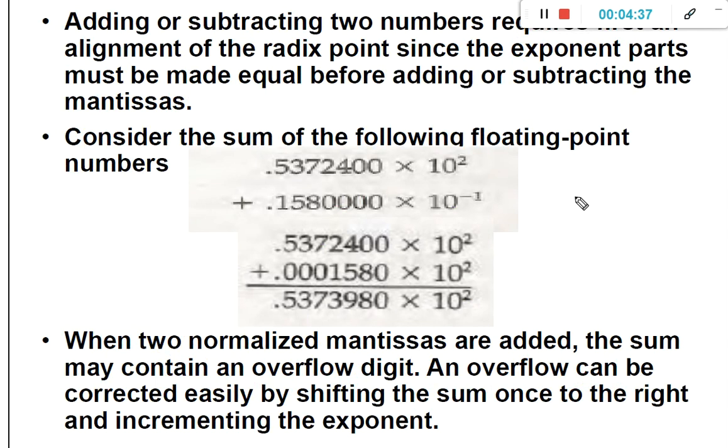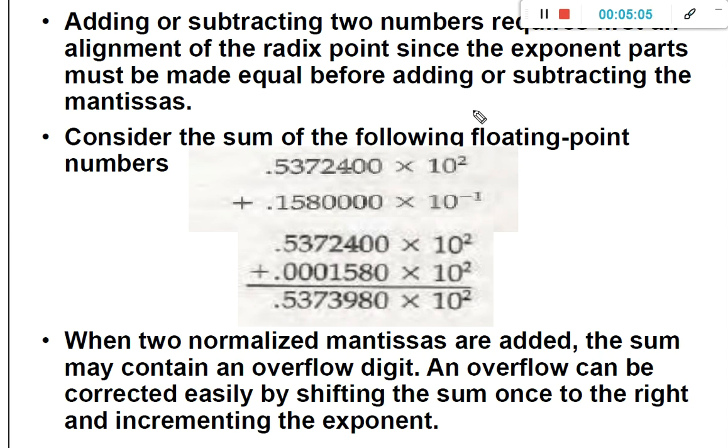After being able to represent floating point numbers, we need to perform the addition, subtraction, multiplication and division operations on floating point numbers. To perform these operations, we definitely need to normalize the numbers before actually performing the particular operation.